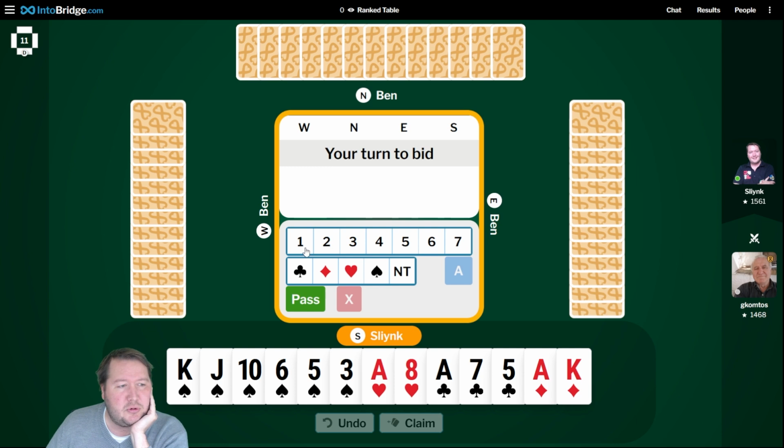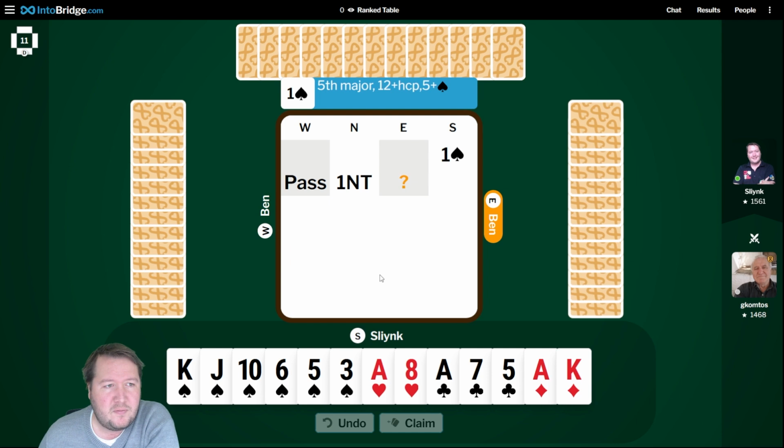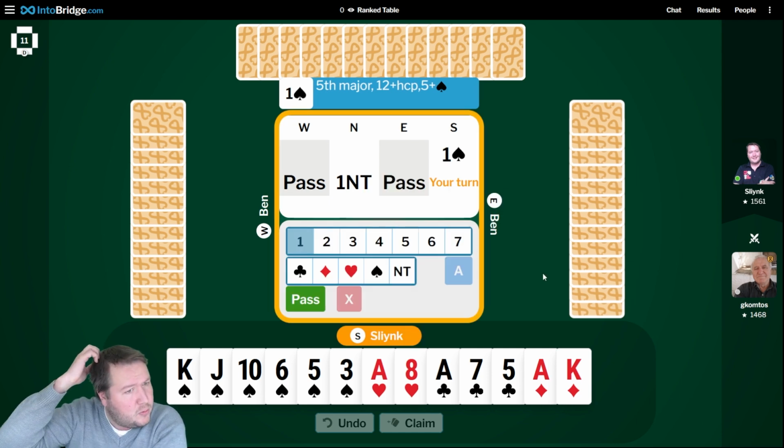Alternatively, I could maybe do something weird or like upgrade my hand and open 2 clubs. Or maybe I could do something really out there and just open 2 no trumps. Not a huge fan of any of those. I'm just going to go 1 spade and hopefully my partner doesn't bid a no trump, but they do. So we'll try and solve this